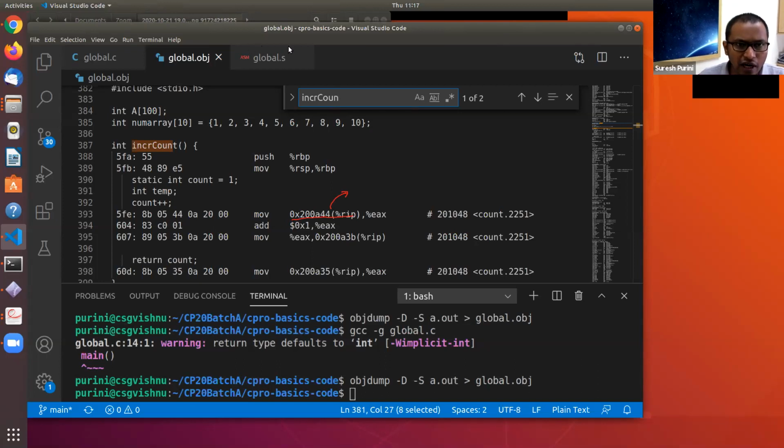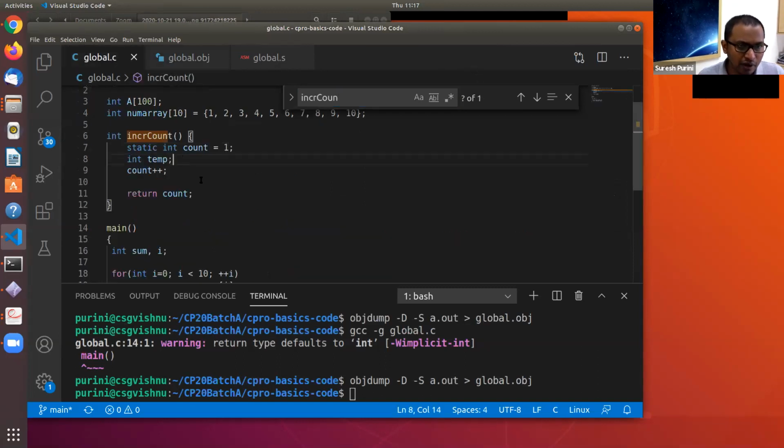Let's see what happens if we have some code associated with temp, because then you will clearly see that temp is allocated memory on the stack. Let's say temp is equal to count plus plus.